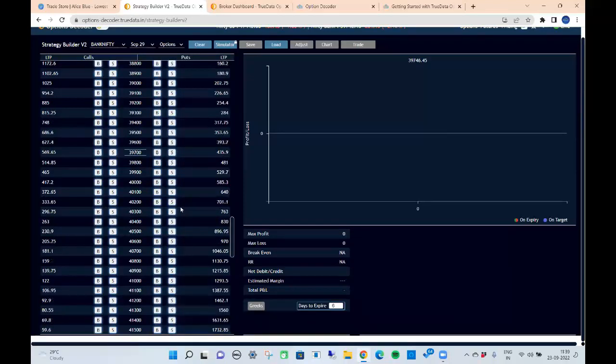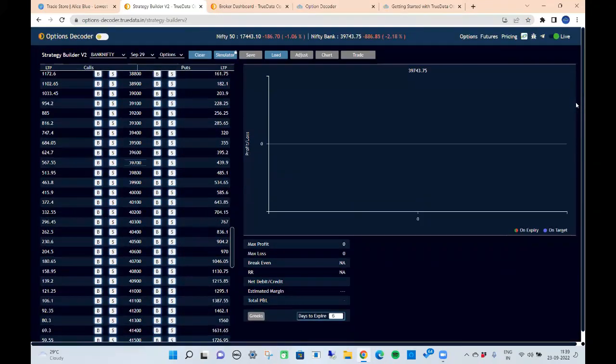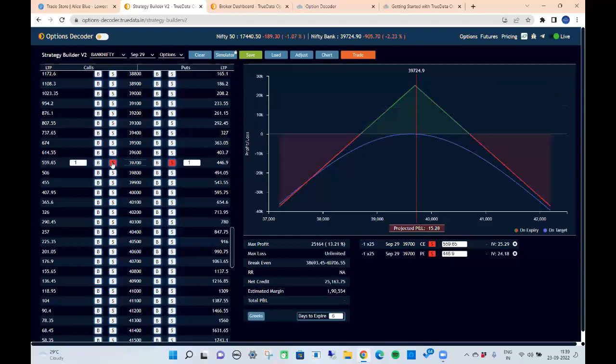The strategy builder is a platform where you can create your strategies, see the payoff diagrams, see the profit and loss, and use it. You can even trade directly from here your strategies, and that is how we can start working with it. I'll show you some trades also, and then we'll see how it goes. So let us say that we first go for a straddle here right away, and